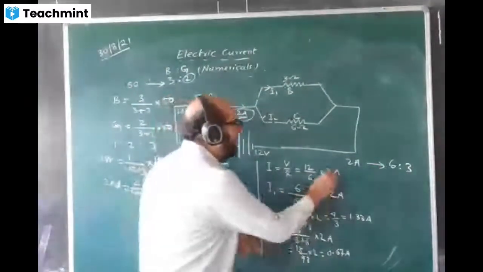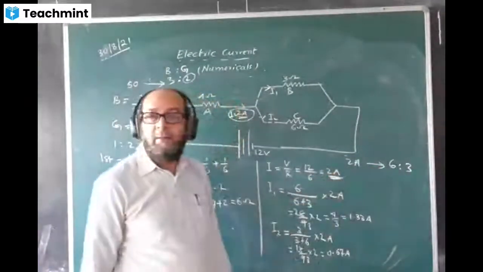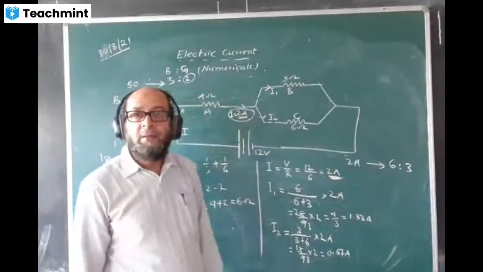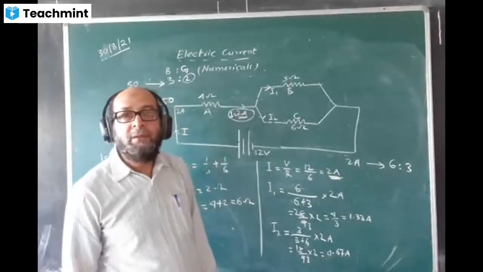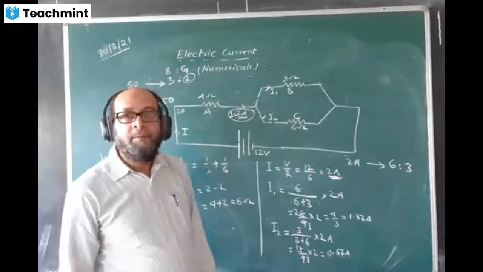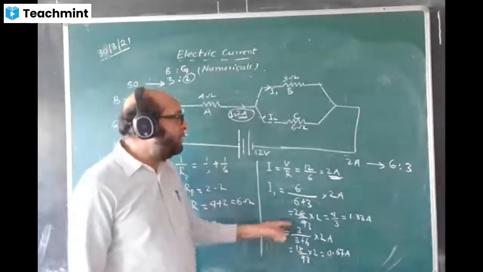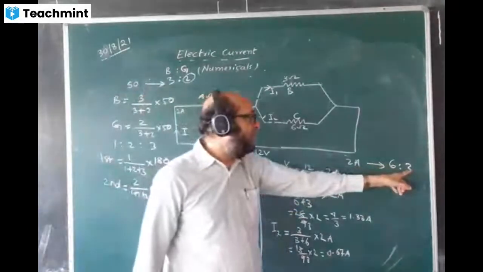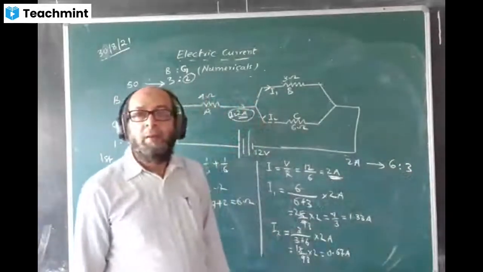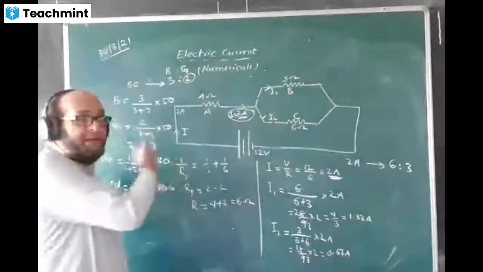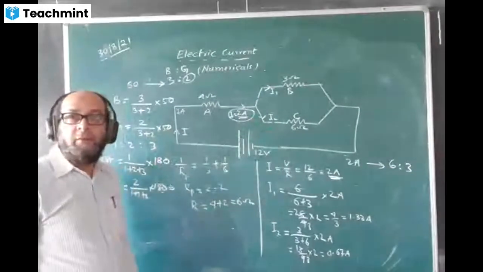Into what is the total current we want to divide? I like that. That is the logic. Yes, tell me, boys. And similarly, I'll find the I2 value. How much is the ratio here? 3, no? So I take 3 by the sum of this, into 2. The same way I did here, I am doing it there also.